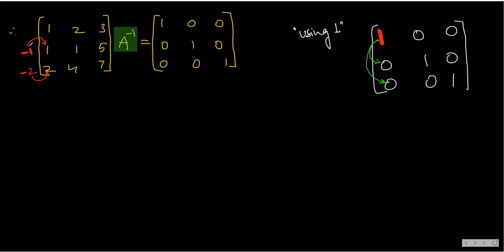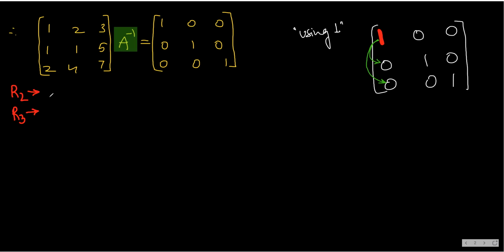Now the question is, how do I get -1 and -2? Okay, the answer is using one. Which one? This one you will have to use. Okay, so just watch here. I'm writing something and then I will also explain this. So here I write the transformation. See, I will write R2 changes to. Why write R2 changes to? Because here there is going to be a change. Yes. And also R3 changes to. Two transformations I'm writing at once. Yes, allowed. This will also change.